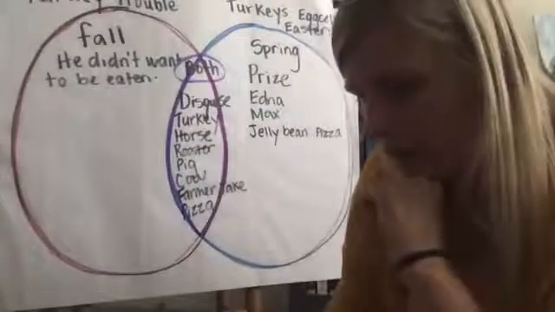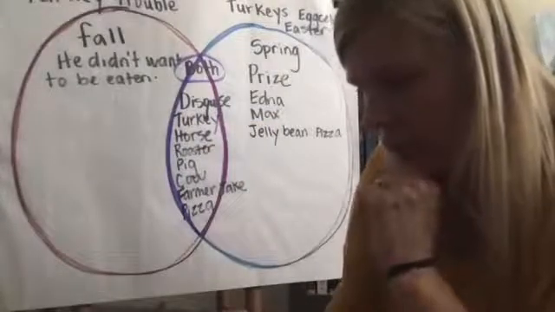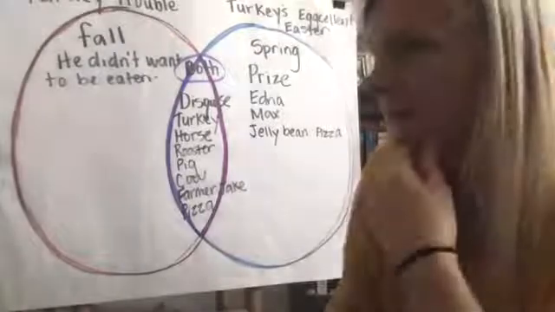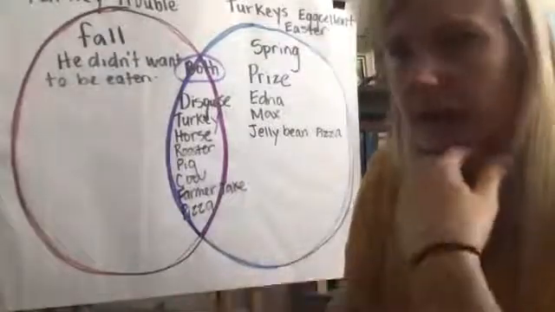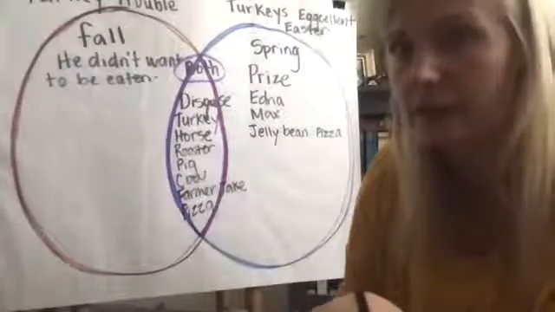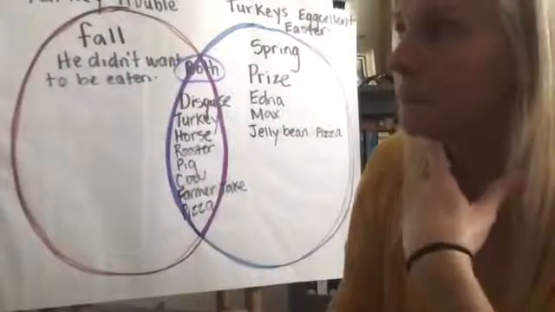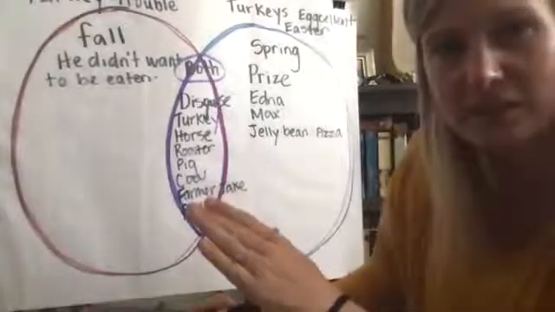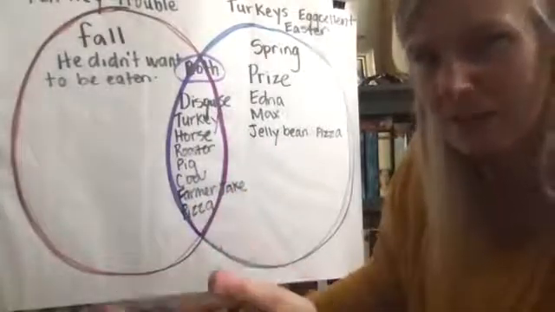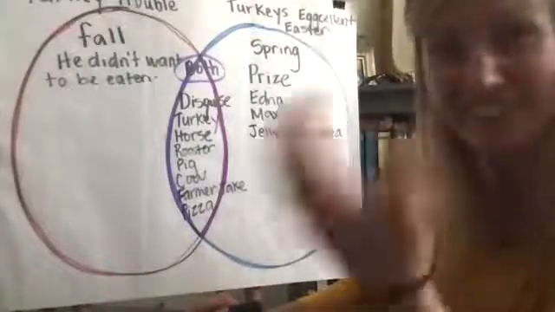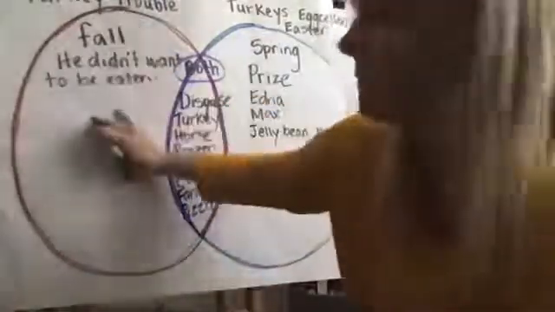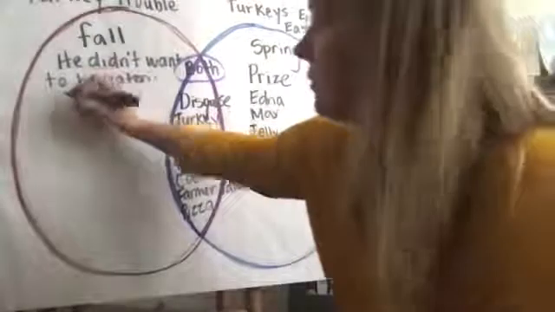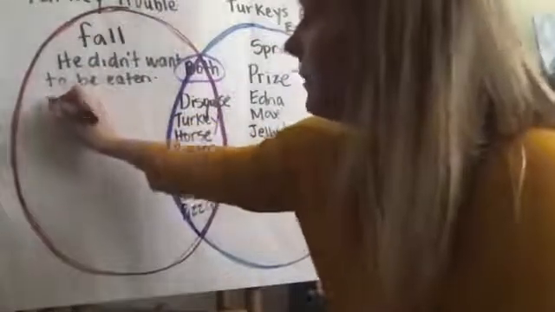Let me think here. I'm trying to think of some other things that happened in that story. What about his disguises? Let's think about the middle of the story. I kind of jumped from the beginning to the end of the story, didn't I? In Turkey Trouble, it was just the turkey dressing up, wasn't it? Turkey was the only one wearing disguises, right? Yes. So in Turkey Trouble, Turkey was dressing up as what? Farm animals, you're right. So we can write Turkey